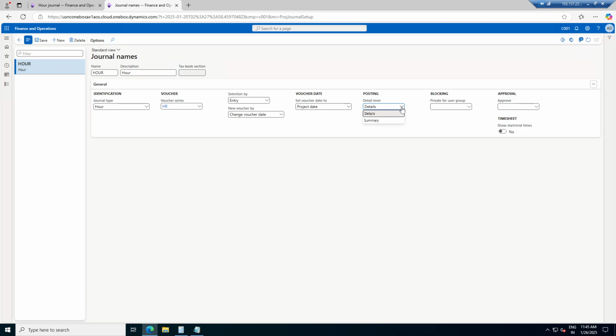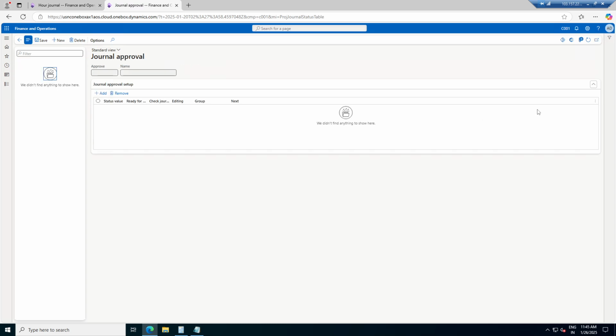Posting detail level: you want to post at the details level or at the summary level. If there are 10 line items in the hour, you want to post it as a single line or the detail will be better. Okay, and if there is any approval process, then that also you can just have it. So for the approval process I can have my approval process. Let me go to the view details and click on the new button over here,